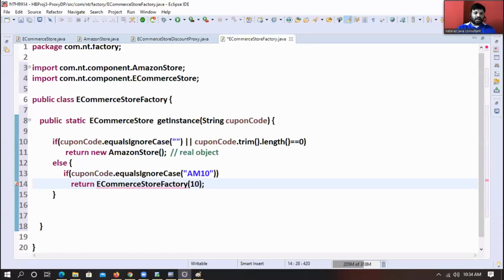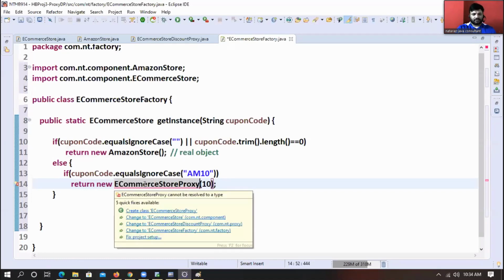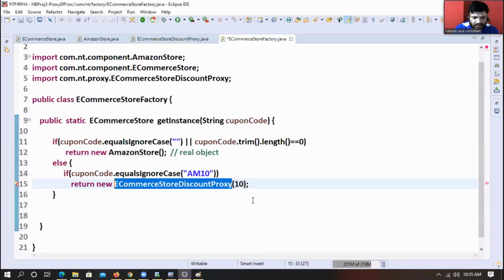Return new e-commerce store factory of 10. Return e-commerce store factory of 10. E-commerce, not store factory, sorry. E-commerce store proxy of 10. Sorry, proxy of 10. E-commerce store discount proxy of 10. Else